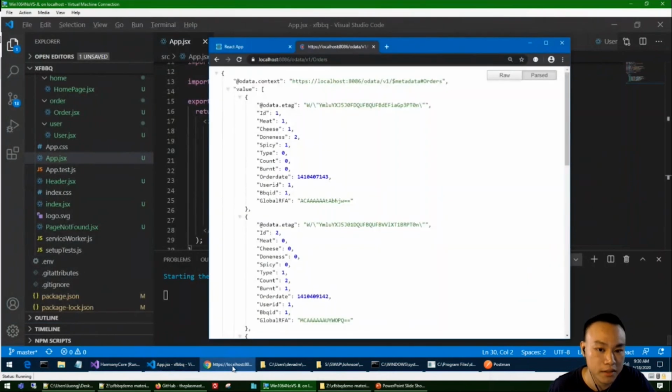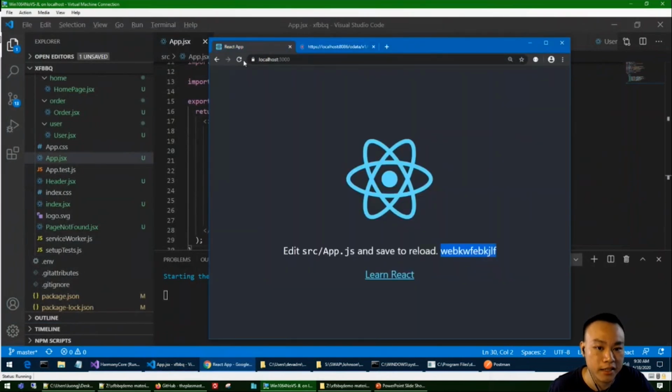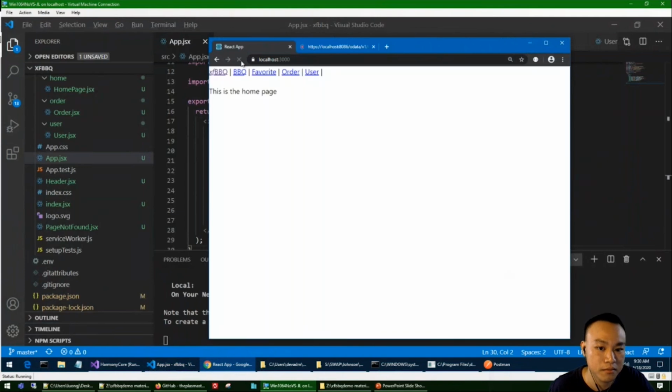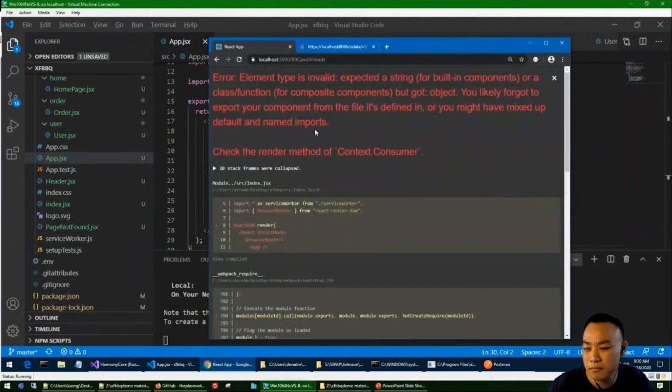Chrome is already open here. Go back to your React app, refresh it. So now we have a simple little user interface here. We have our pages here. We also have a page not found. Error invalid.